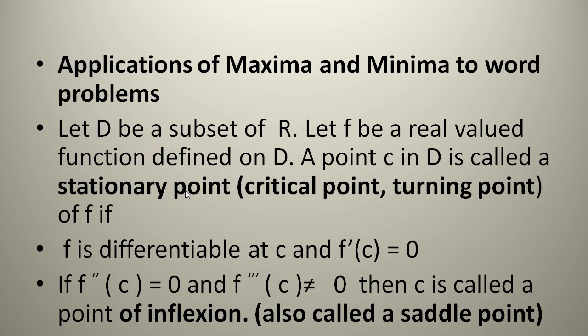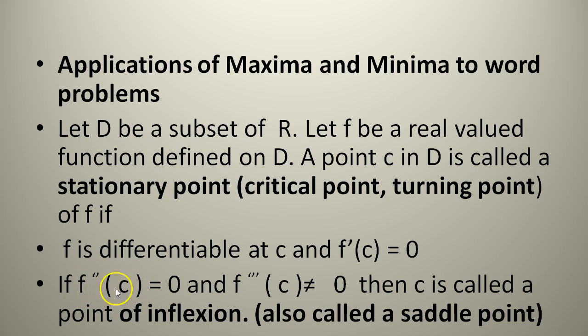A point C in D is called a stationary point or a critical point or a turning point of F if two conditions are satisfied. First condition, F is differentiable at C and F dash C equal to 0. And second condition,